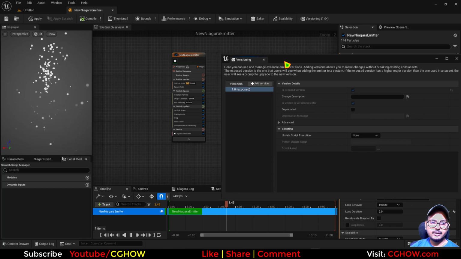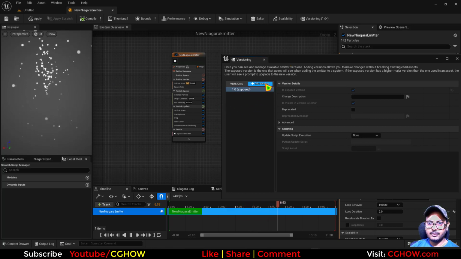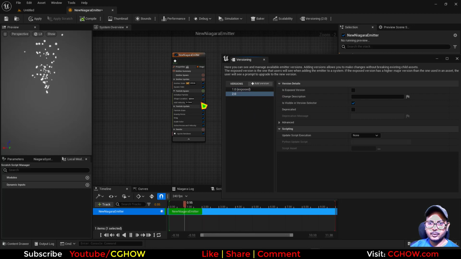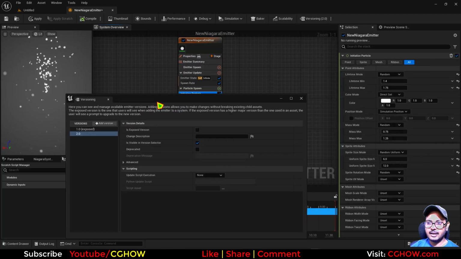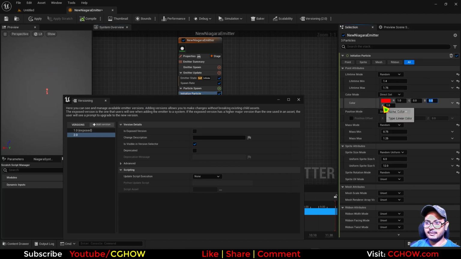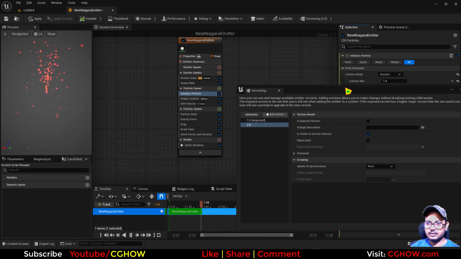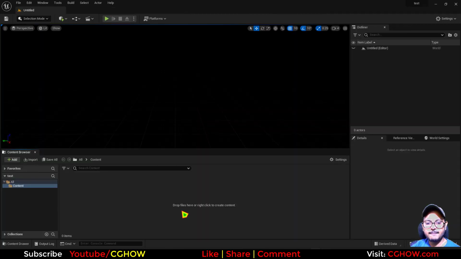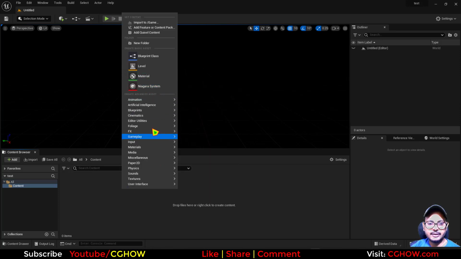In this version I have white, and if I create a new version, like new major version 2, in this one let's say I change the color to red. Okay, so how do you load these? Let me check. I'll show you the versioning again from the start because I just figured it out. You need to take the emitter,